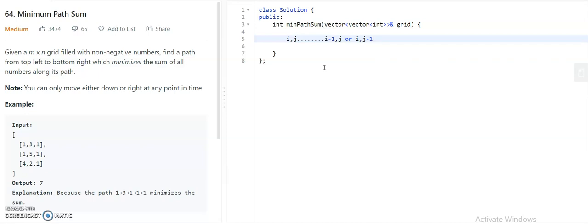Either you can reach it from the left or the top. So by following that logic, we have to do this sum.